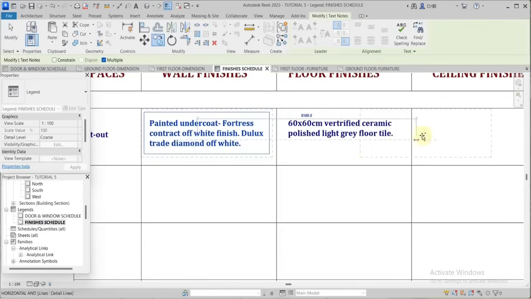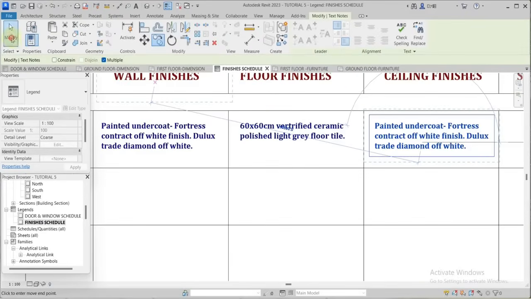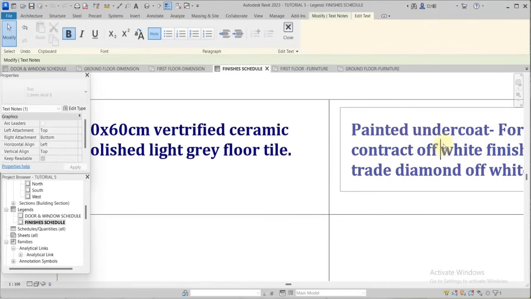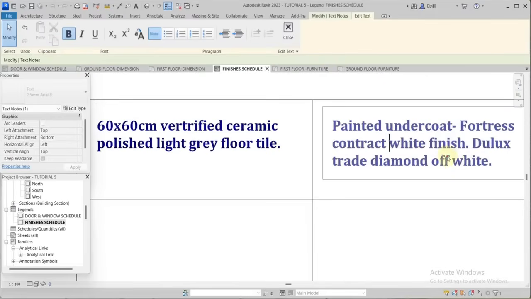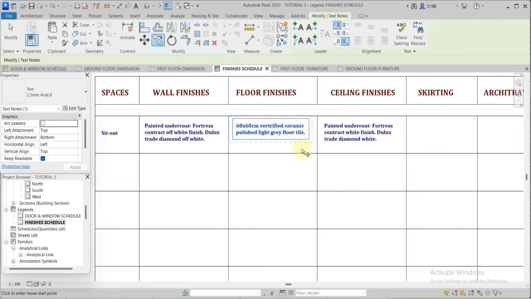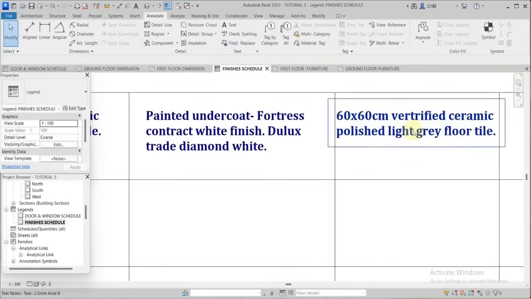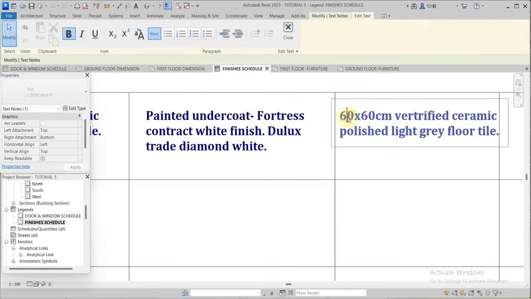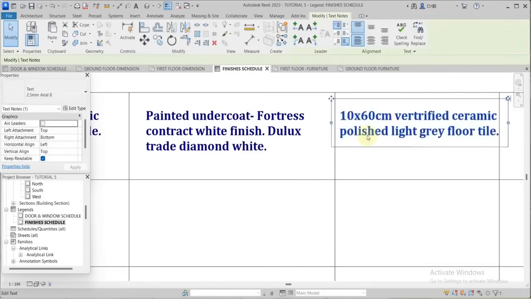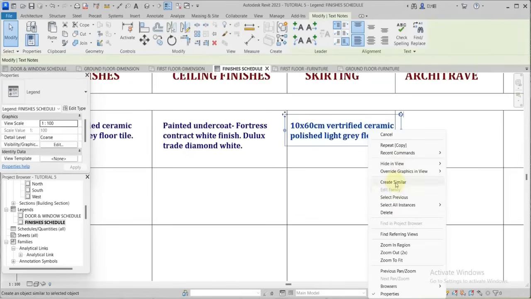Let's copy this. Then change this to white. For the skirting, we use this same material. Then let's change to 10 cm by 60 cm. 10 cm by 60 cm. Then for the architrave,